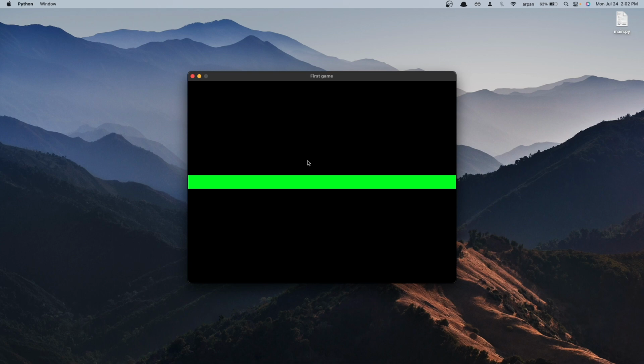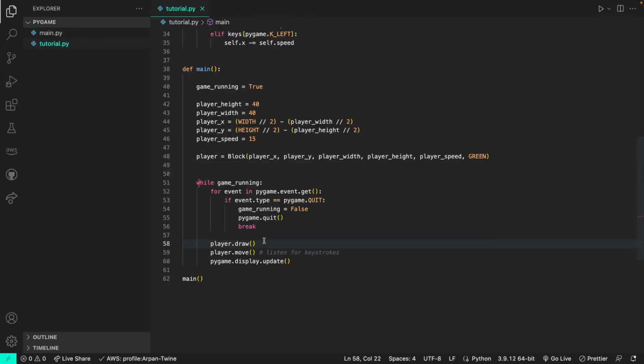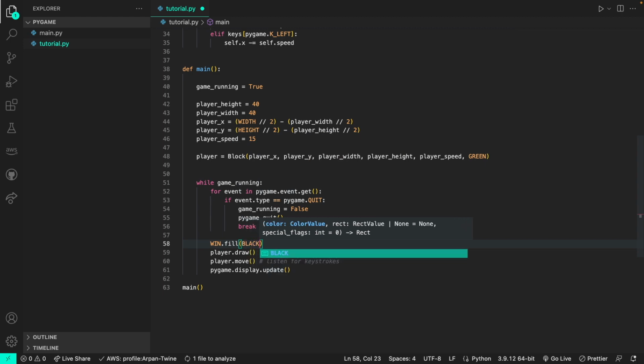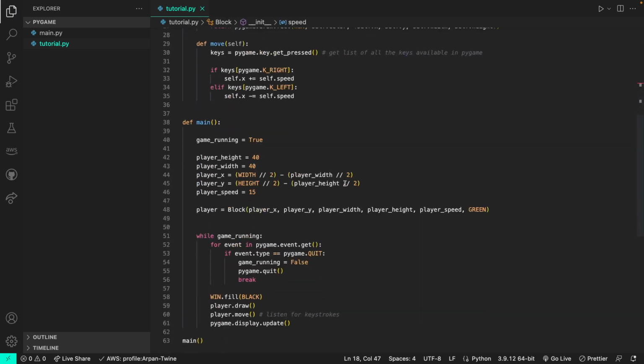And what that causes is for any movement of a sprite on the screen, it's going to cause all of their pixels to move in a certain direction, and it's going to be on top of the plain canvas instead of a proper background color. So to counter this problem and to fix it, all we need to do is fill the window with a background color of black. And to do this, we can just do win.fill black, which we've defined above right here. And if we run the code again,